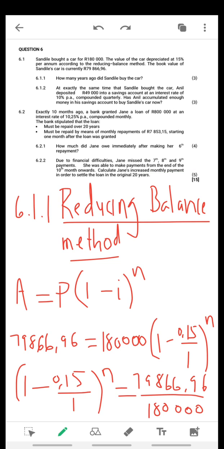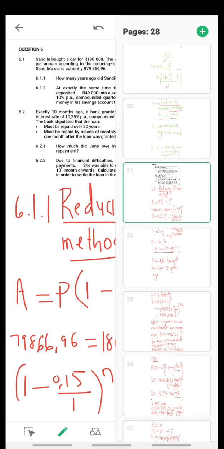But take note, the month that Jane skips, the 3 months that Jane skips, it means the balance actually accumulated interest through the compound interest. Okay, so what we need to do first is to find how much